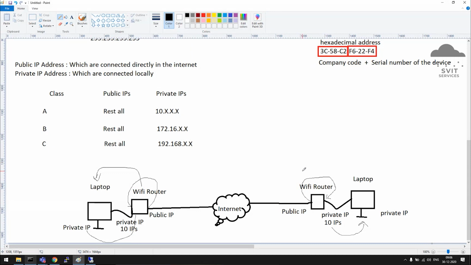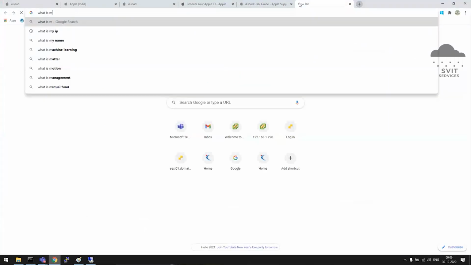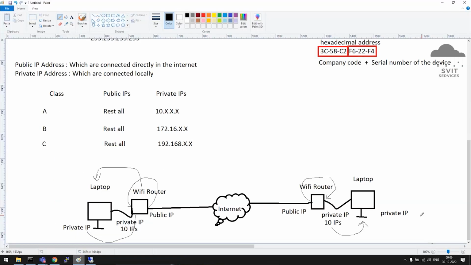Understood? And if you want to see what the public IP of your computer is, you can open a browser and just type what is my IP. Here I can see this is a public IP which is assigned to my Wi-Fi router. Any laptop or any device which is connected to this router, all the 10 machines can connect together at a time.